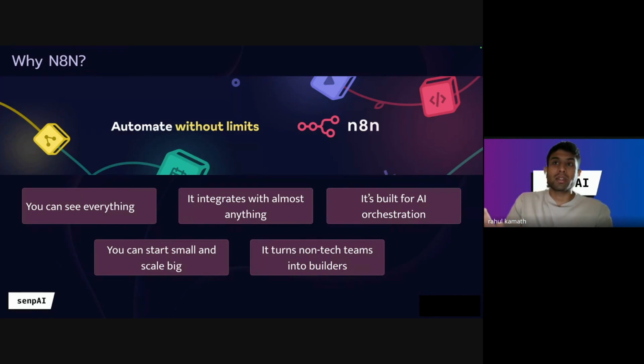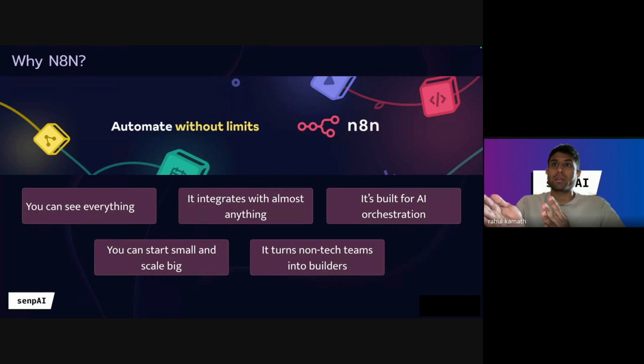In N8N you can see everything. N8N is a combination of nodes, and every node can be seen, whether it is a trigger node, a data transformation node, or an AI agent. All these terms might be overwhelming right now, but I'll show it to you soon. Basically, you have a full visual representation of what's happening, rather than the traditional way where you have an IDE, or a place where you can see code. Here you're not seeing code, you're actually visualizing building blocks.